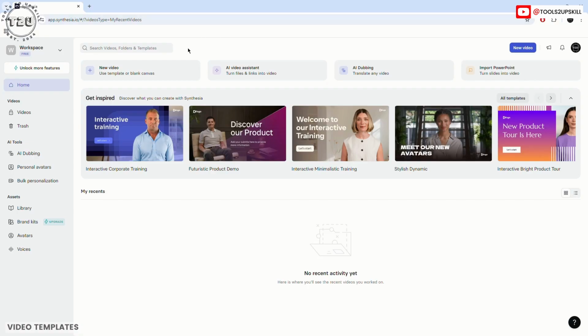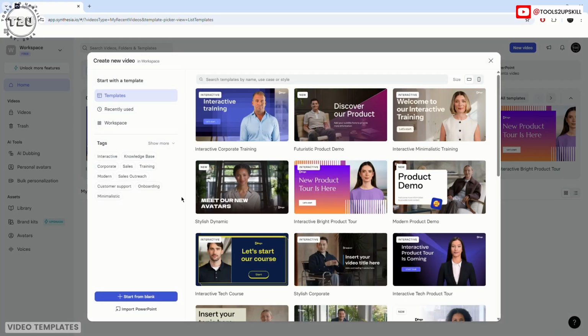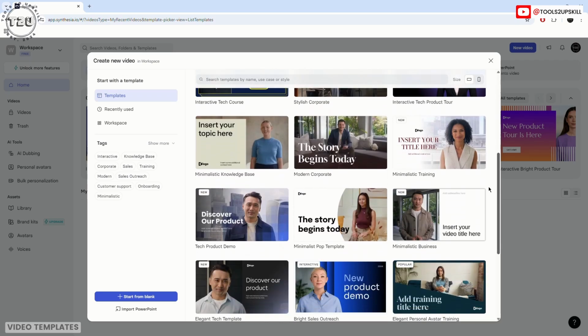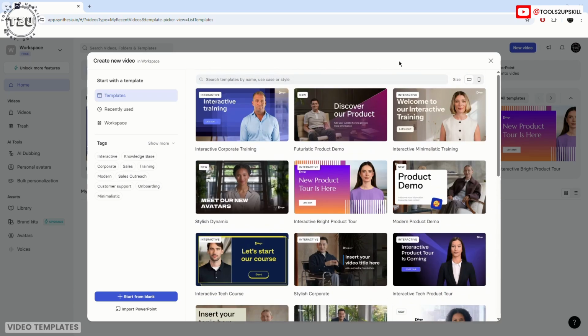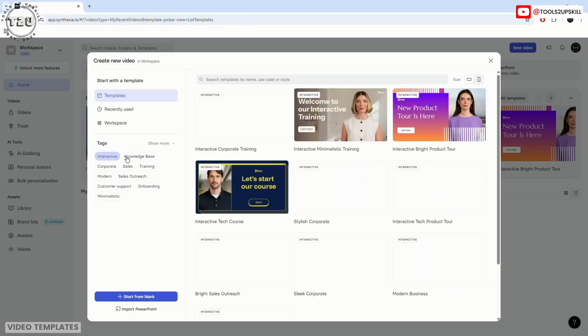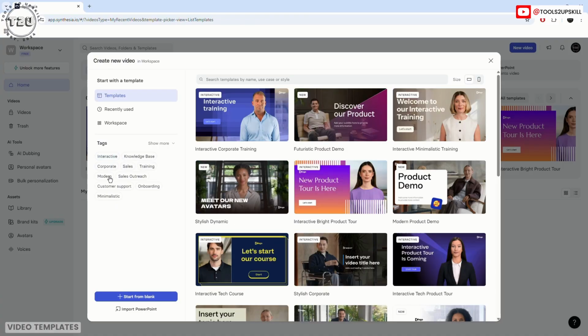Let us start with the option here to create a new video. If I click on it, it shows a few templates. Now, this is new. In any traditional text to video AI generation, you will simply have a prompt that you can enter, you describe what kind of video you want, and you get the video. But what is different here is they have these templates, and these templates are very specific to certain type of content. For example, the tags that you can see here: interactive content, knowledge base, corporate, sales, training, modern, sales outreach,